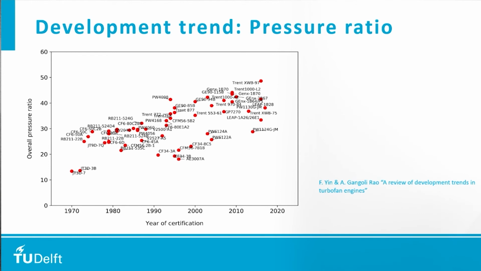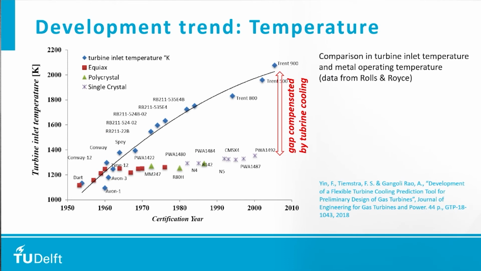So what you see here on the slide is the development trend in the overall pressure ratio over the last several decades. And what you see is that the pressure ratio has been increasing steadily. So today, some of the modern engines have a pressure ratio of more than 50. That means that the pressure at the end of the compressor, or the beginning of the combustion chamber, is 50 times the pressure of the ambient air. Yeah, that is quite a lot. And certainly this pressure ratio will increase further in the coming years. It is very challenging to figure out how we increase this pressure. This has a significant effect on the efficiency of the engine.